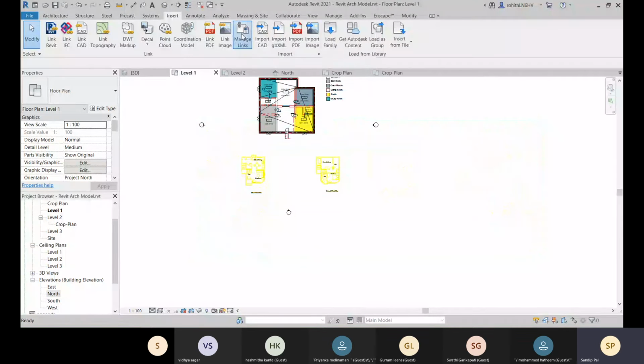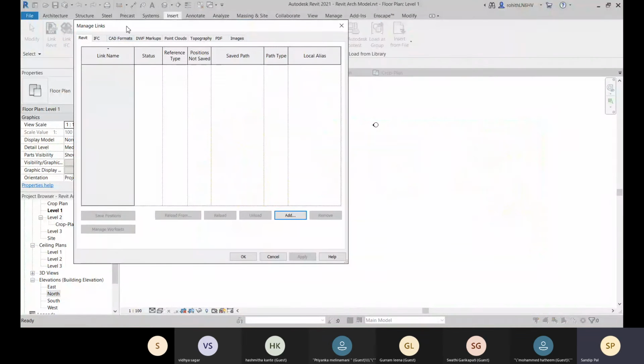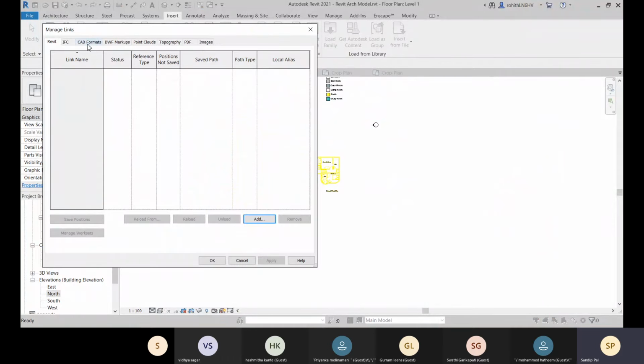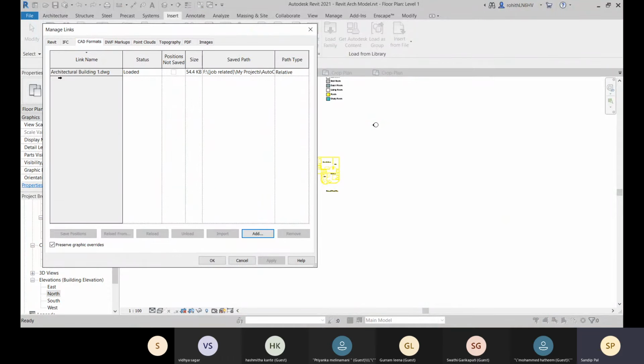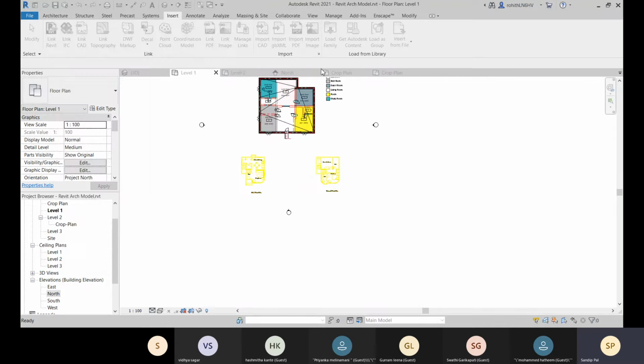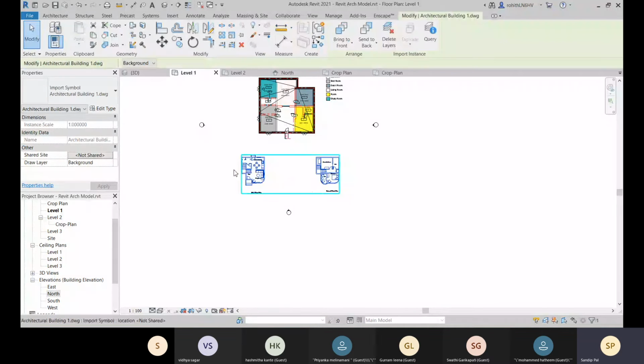now you can go for this manage link option, and in this manage link, what kind of file is it? It is the CAD format. So here you can see that this file is loaded right now, and the position is not saved. So you can save the position. How can you save that? You can go for this pin and save this position, so that by mistake you don't move this.